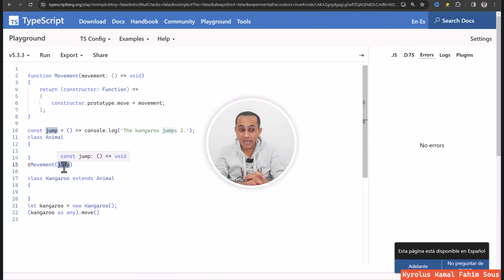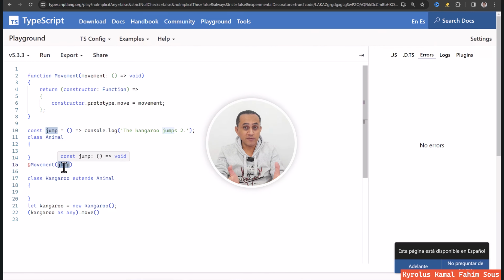It looks like the basic class, but it's not a basic class. This means that we decouple the Kangaroo class, for example, from the implementation of the actions or properties in Animal itself. And in programming, of course, we prefer decoupling.